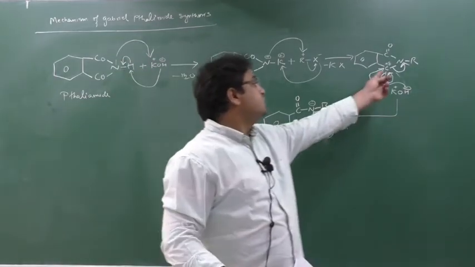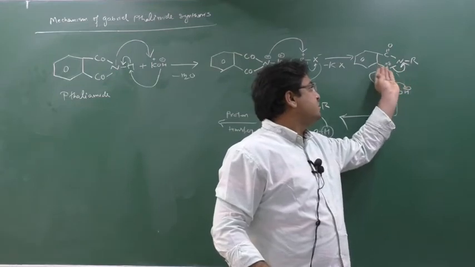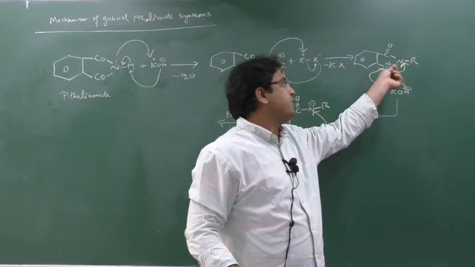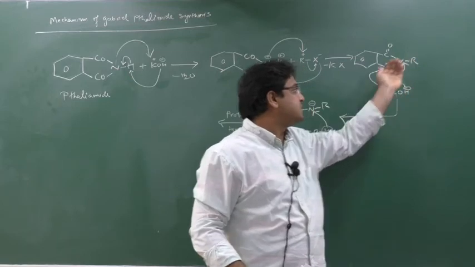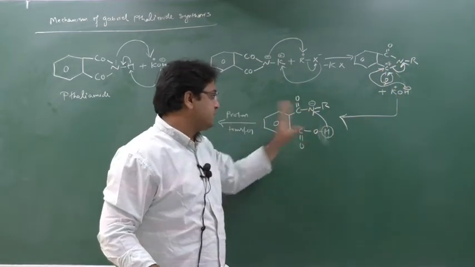Beta, this bond is broken. A bond will break and the nitrogen will take the electrons, because nitrogen is a more electronegative element than carbon. So if the nitrogen bond breaks, the nitrogen will take the electrons, and it will get a partially negative charge. So this will be the formation.